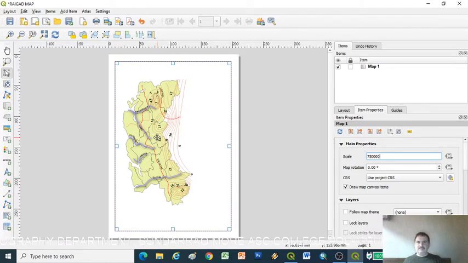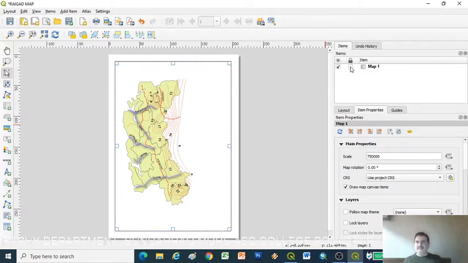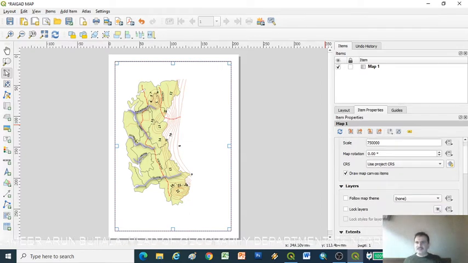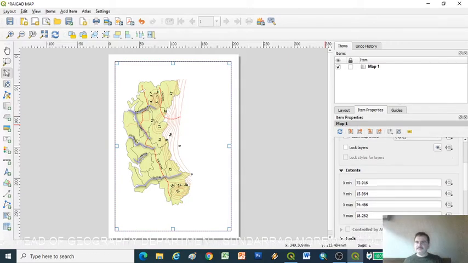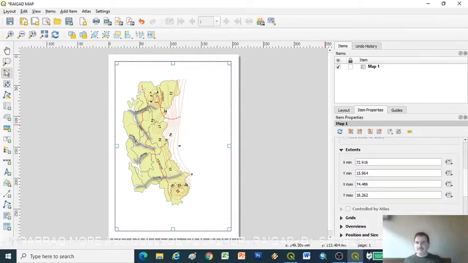Now here is a layer option. Suppose I want to lock the layer, the layer will be locked and can't move, but I want to add more properties, so please unlock it, and when it is fixed, then lock the properties. Then we will see step by step. After layers, just scroll down. These are the extent that we have put in the map.